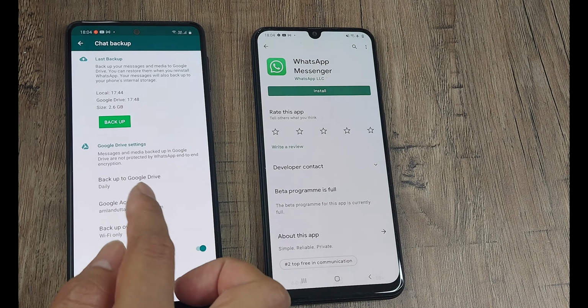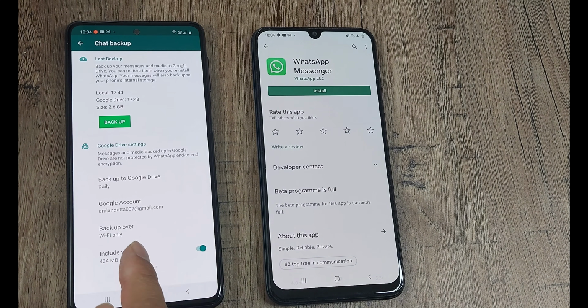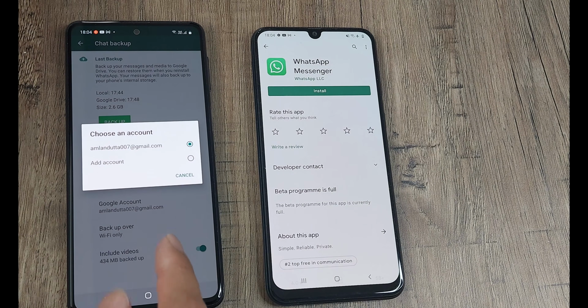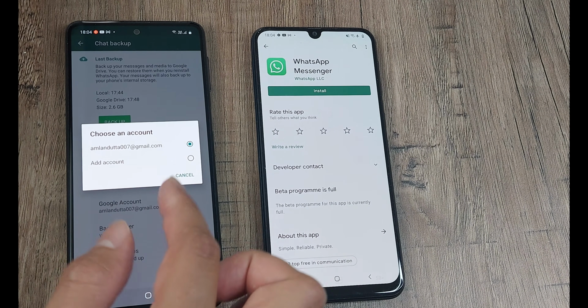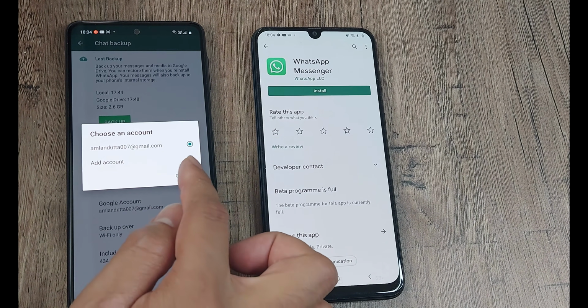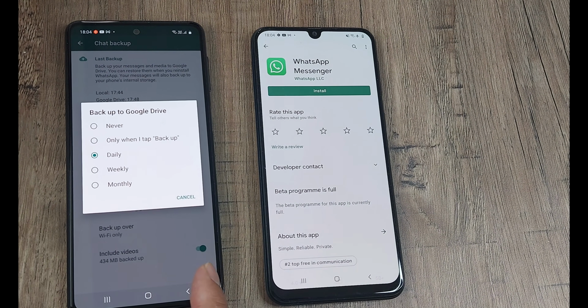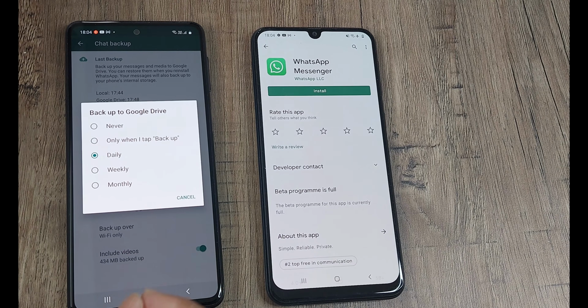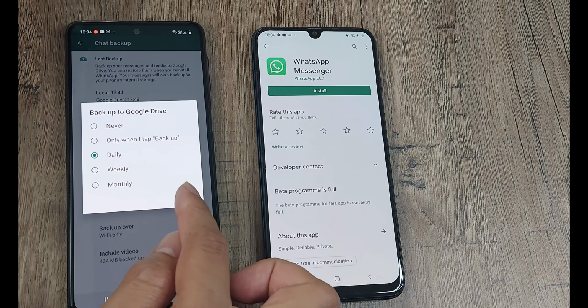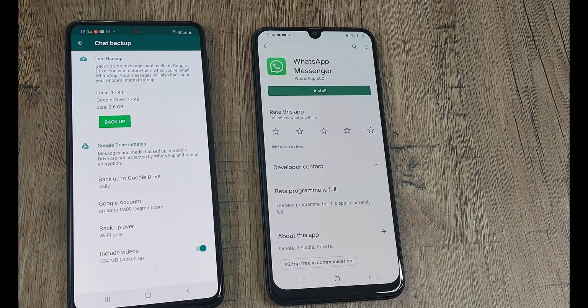When you use WhatsApp and haven't done this chat backup, the Google account won't be linked. You need to add an account so that a certain Google account is linked to your drive. Once that's linked, you can set up backup statistics. I encourage my subscribers to do this because sometimes your device may crash. There will always be a backup available in the drive which you can later use for restoring WhatsApp.